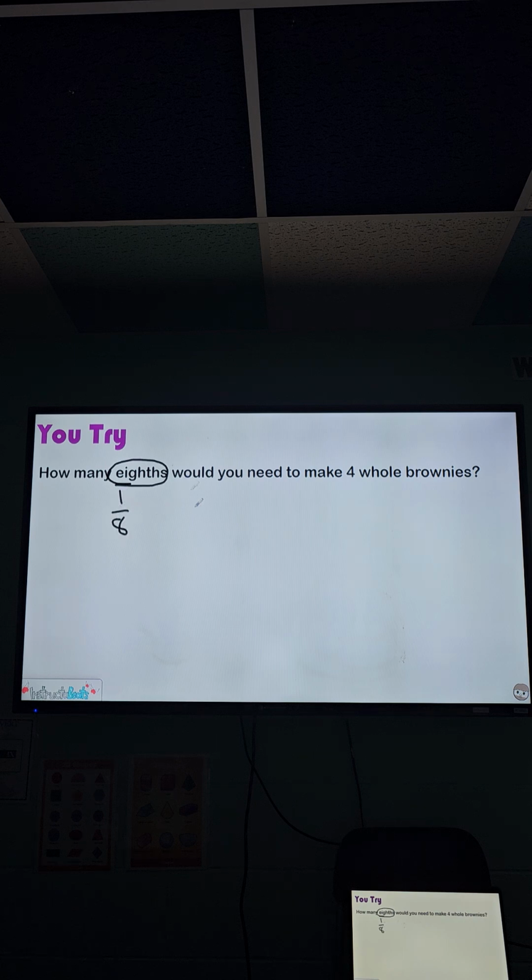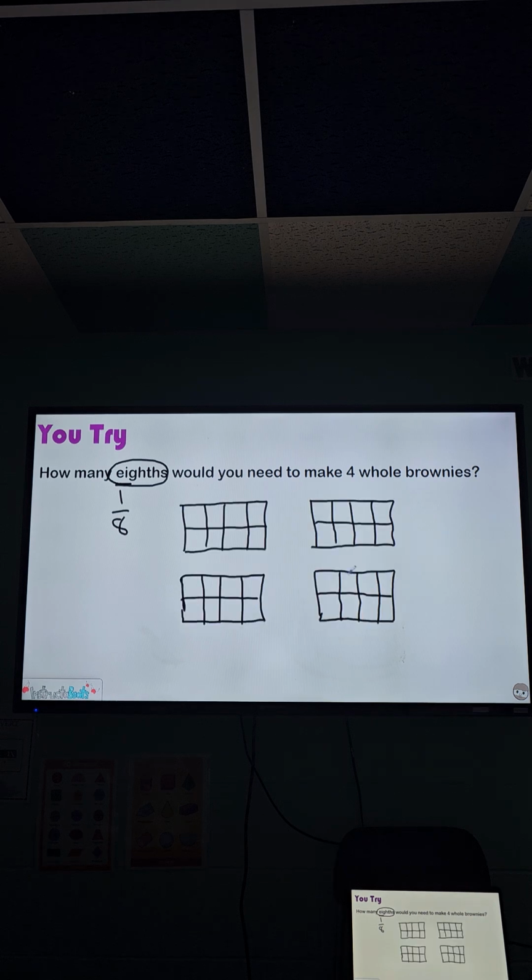We said 8. So each whole brownie that I draw, I'm going to need to split into 8 pieces. And again, a little bit messy, right? But I know each of these pieces is worth 1/8. So I'm not going to draw them all out, because that would take me forever. I'm just going to label a couple of them so you can kind of see. So first of all, you know your denominator is going to be 8, because that's how many pieces each whole is